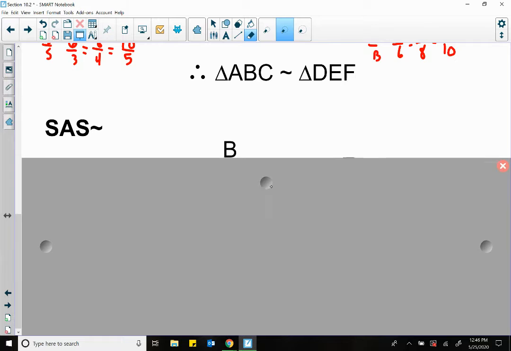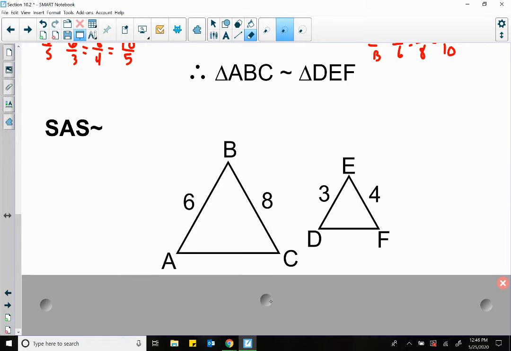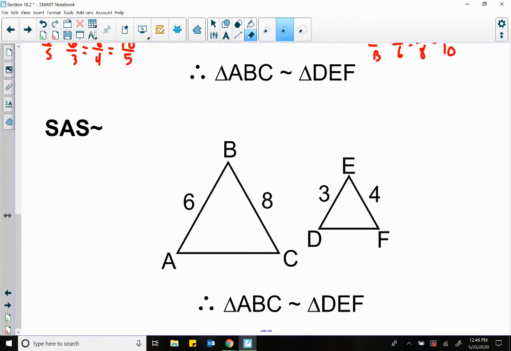And then, not last but not least, this one is side angle side. Yeah, that is the last but not least one. Thought I had one more. Side angle side. Okay? Side angle side, when you look at this, you want to check that the two corresponding